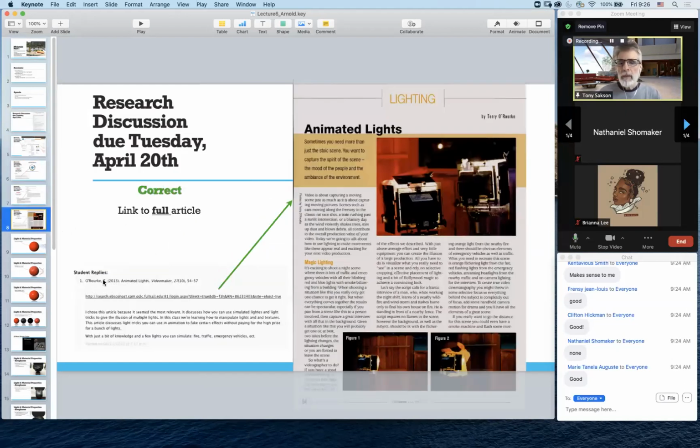Here, we've got a citation, got a link, permalink, in this case, took me to a PDF of a magazine, perfectly acceptable, and then the discussion. So this will be due along with Project 6 and the discussion on Tuesday, April 20th,